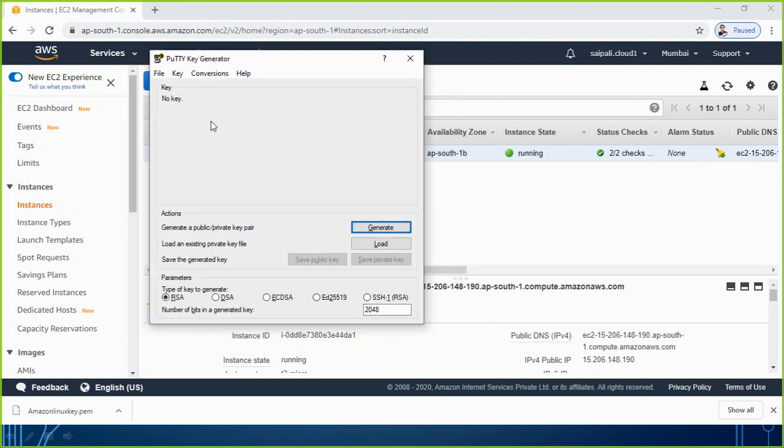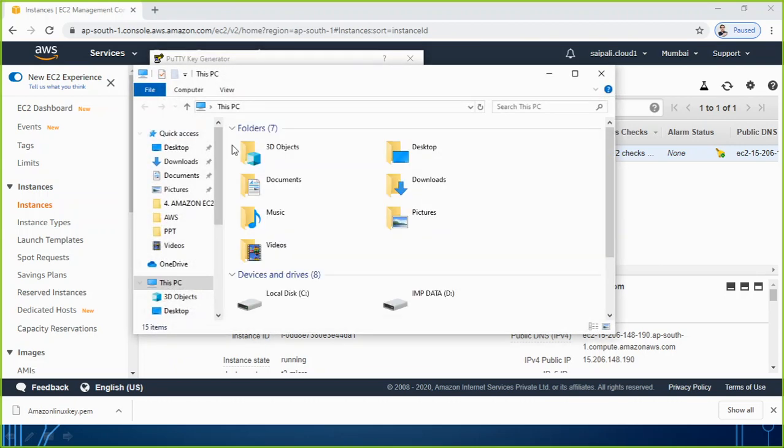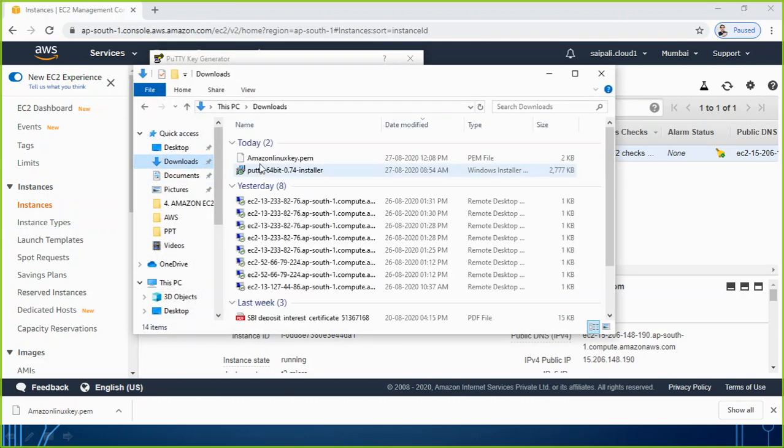The key which we downloaded, if you remember, has the extension of .pem. That's the extension right now, but PuTTY doesn't understand this. PuTTY needs a different extension. So the very first task I am going to do is use this PEM file to make a file of a different type. Let me show you what you are going to do here.